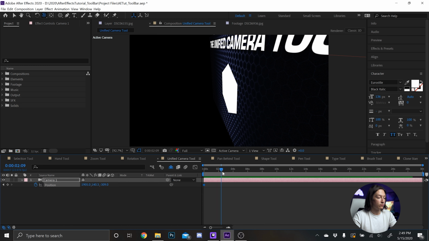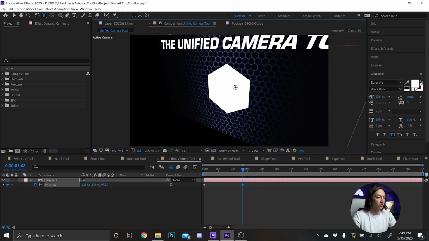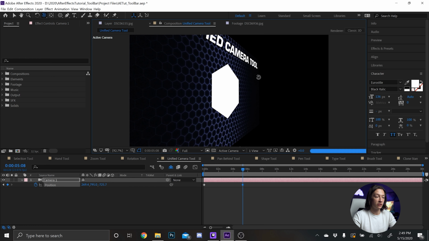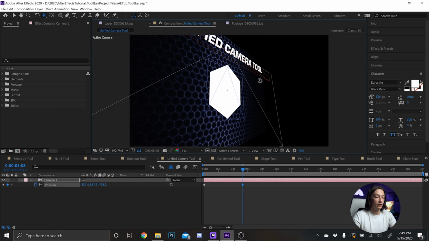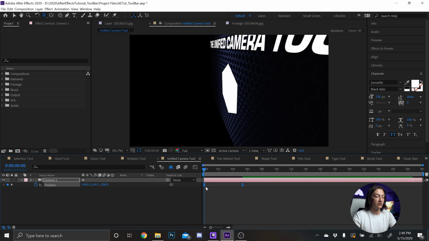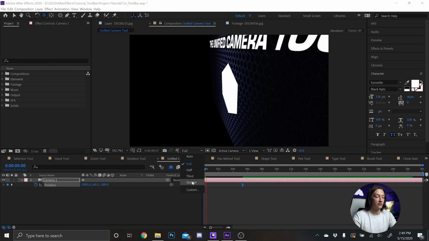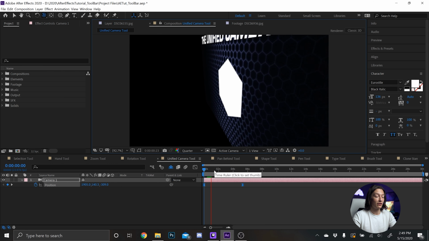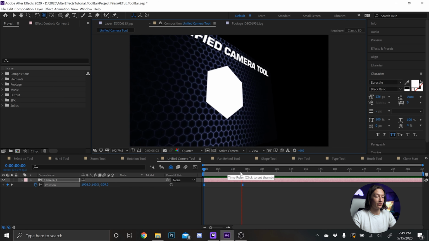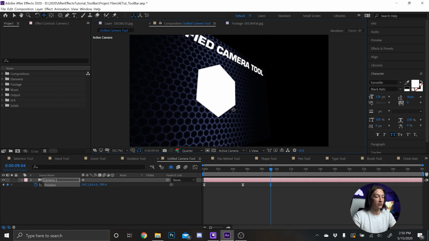keyframe and then move to like, say, 3 seconds, 4 seconds, 5 seconds, somewhere forward in time, and then change the orientation, and then select those keyframes, hit F9. We can set the preview to quarter just so that we're not crazy all over the place. Cool, now we got a cool little camera move, and then if we go forward in time again, add another